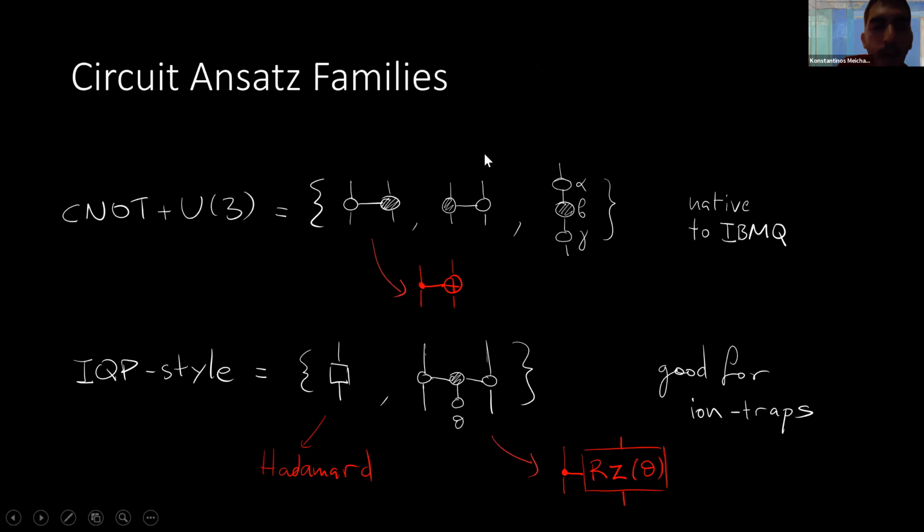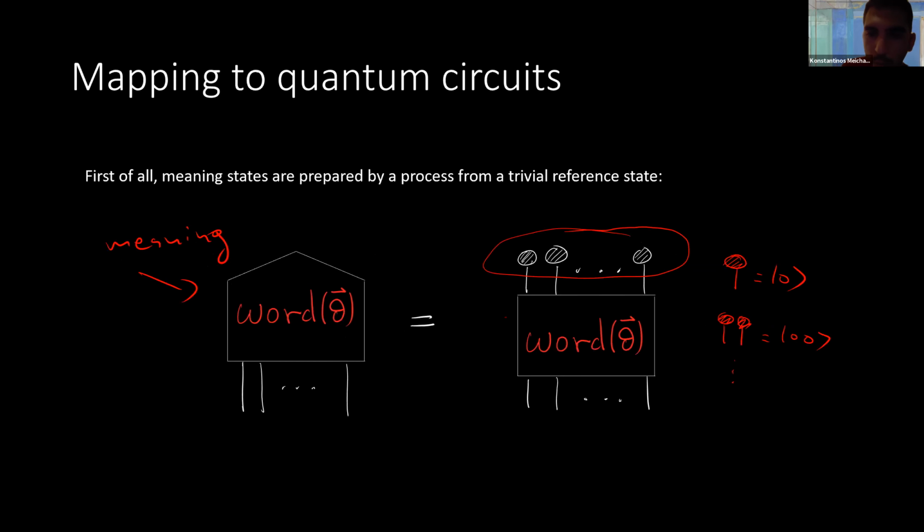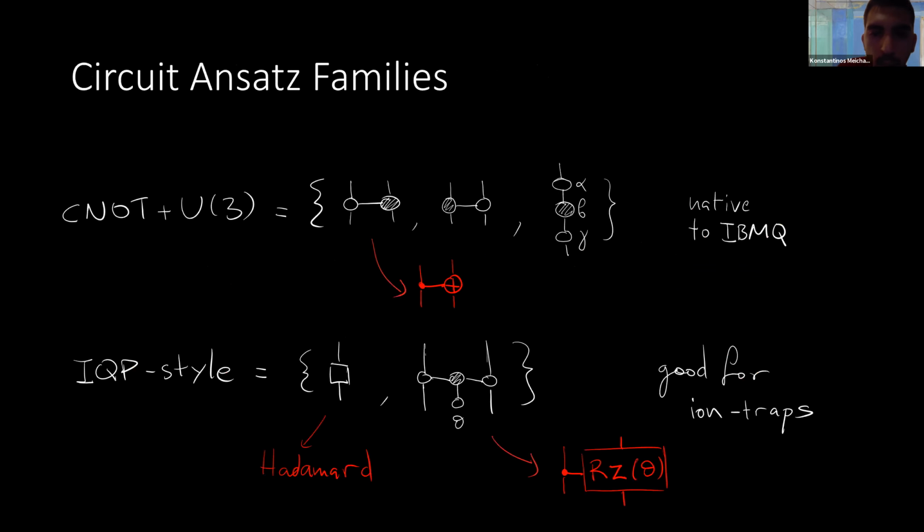So how do we build these word processes? How do we construct them? What is the internal working of this box, right? So this is how we go to quantum circuits. We say, let's take some families of gates, some gate sets. For example, a controlled NOT and single qubit rotations.